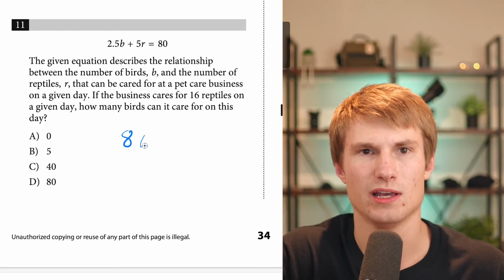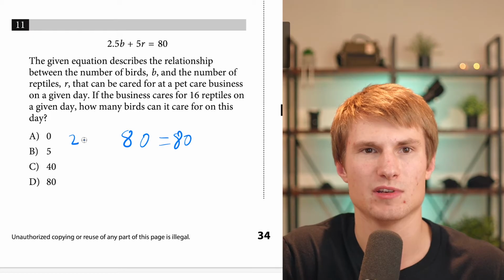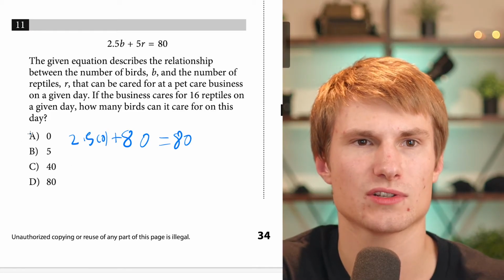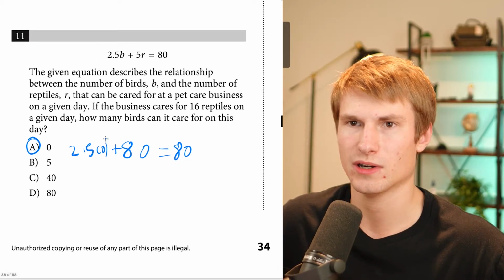So I'm just going to erase that and put 80 is equal to 80. That means that B has to be 0. Okay, we have to have 2.5 times 0 for this to work out. So the number of birds would have to be 0. So our answer would be A. We can move on to